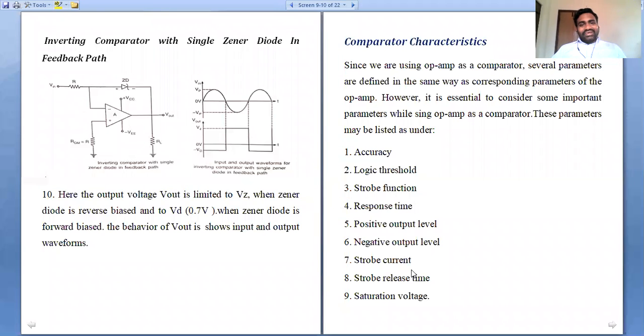First, in order to analyze the strobe current, we have to see what the strobe function is. What is the strobe? The strobe is nothing but an additional complementary terminal here. It is not an inbuilt terminal in the operational amplifier. We already analyzed the operational amplifier as a 7-pin segment. So a strobe is nothing but an additional terminal. We will see what the strobe is, and next we will analyze the strobe function. Someone just posted in the chat box, what is the strobe current? We will analyze one by one.